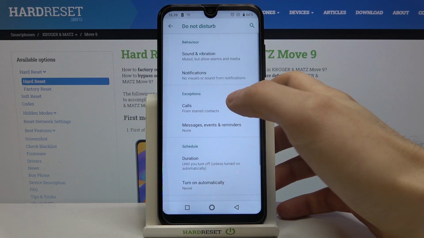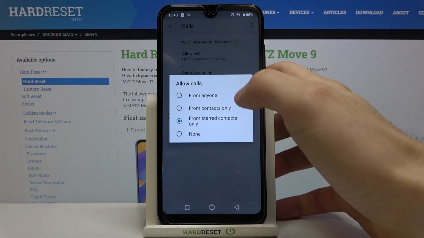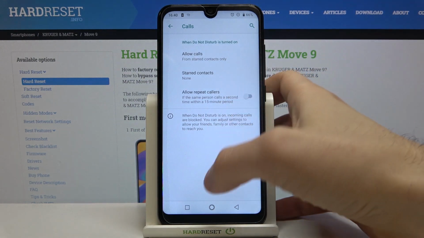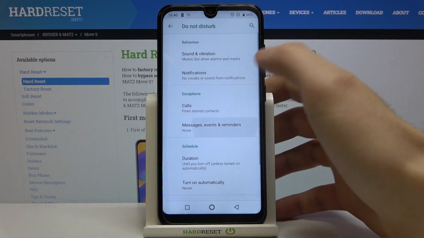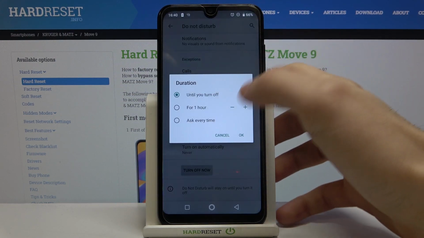You can also add exceptions for calls, for example, for a specific contacts from anyone or for no one. The same goes for messages. And you can also change its duration here